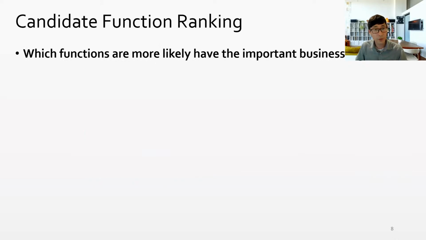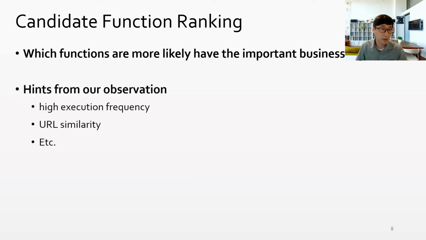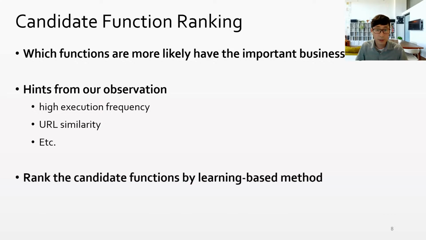So how do we know which functions are more likely to have important business logic? We get some hints from the observation during our research. For instance, the function that performs access control often has high execution frequency and also has a similar source URL with the main page. So we use the hints as features of a learning-based method, then give ranks to the candidate functions based on the